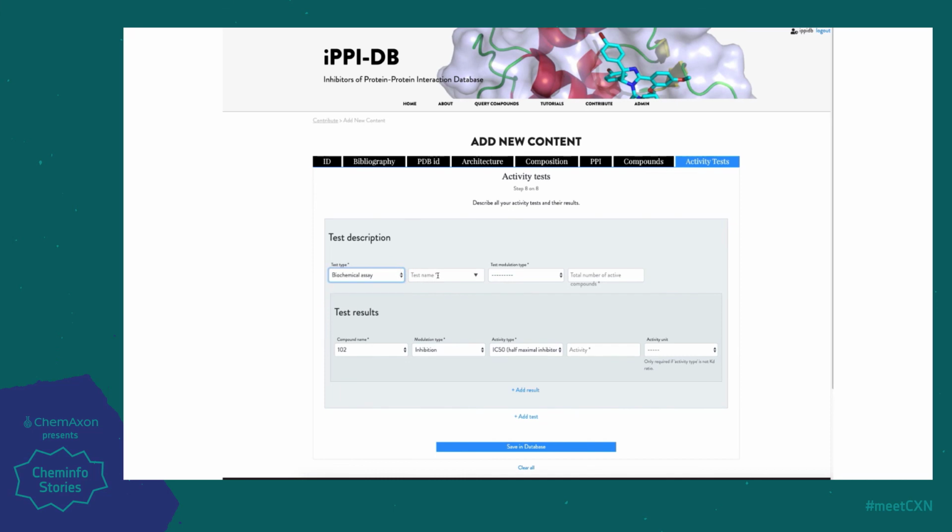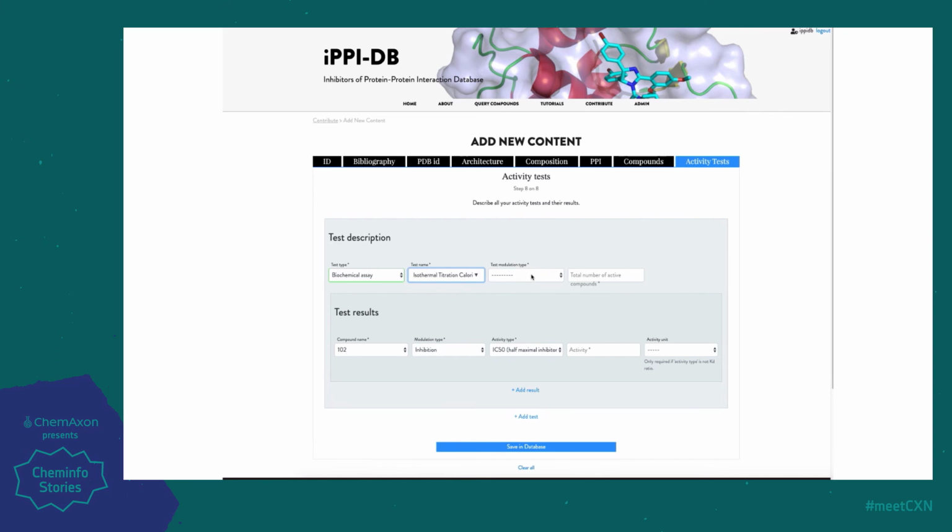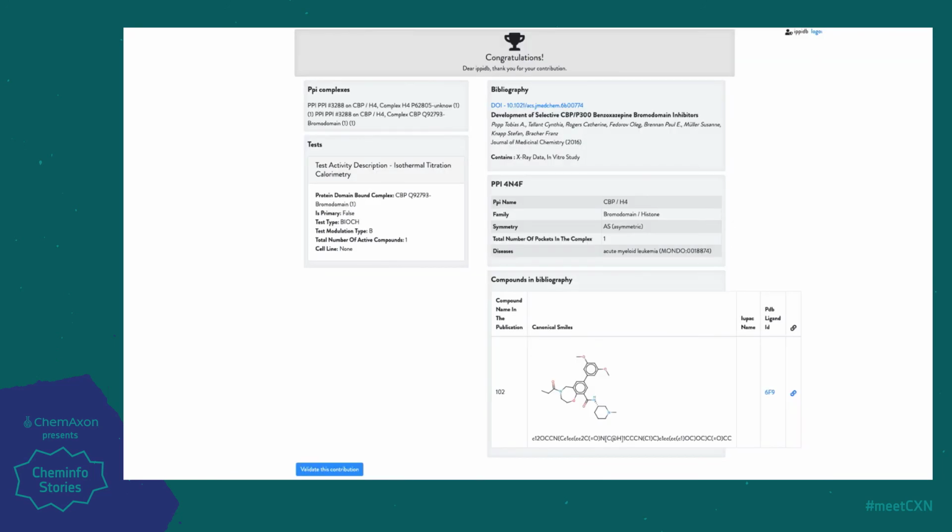And then you switch to the activity test, here a biochemical assay in the form of isothermal titration calorimetry. It's a binding assay. You have one compound in this test. You can see that it is already listed below, the one you have selected and provided in the previous tab, and then you can actually provide information about the type of activity. It's a KD in this case. The value of the activity is 134 nanomolar, and then you can save this entry, the whole entry, within the database, and right away see as